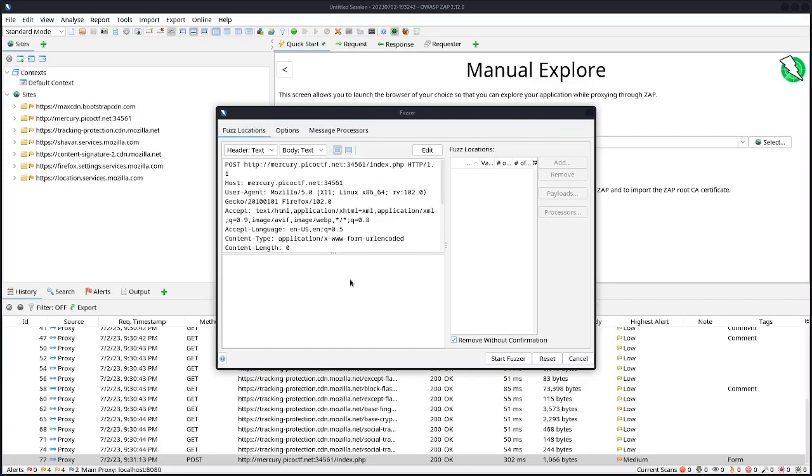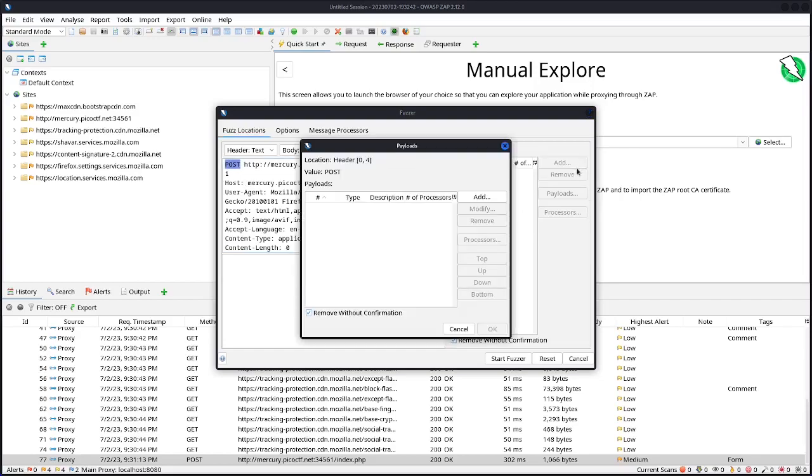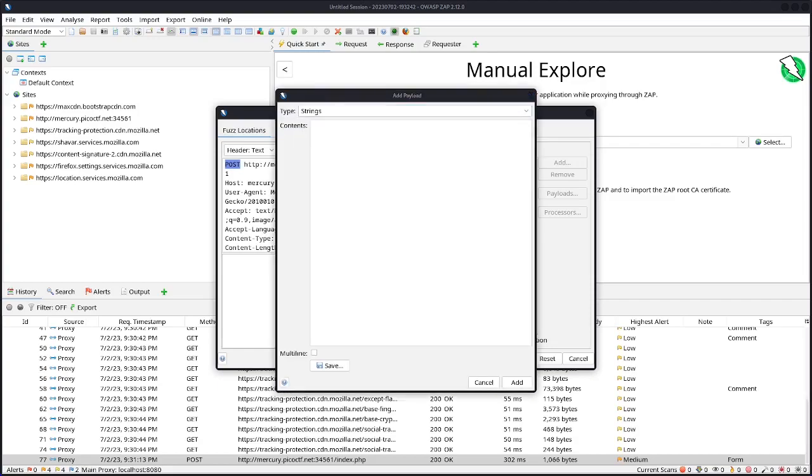In the tab Fuzz Locations, we select the HTTP verb, so post, and then we click add. We click add again. We use the type strings and then we enter the values that we want to test for.